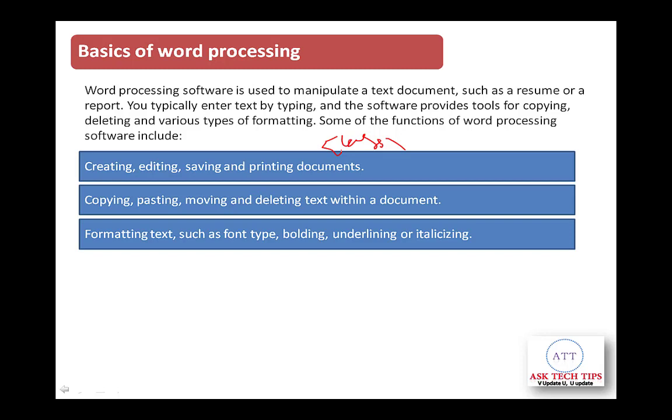Next, formatting text such as font type, bold, underline or italicize. We have a number of formatting text options, and for that we need to select the text. We have bold to increase the thickness of the text, and we can give underline, mainly for headings. Italicize, if you want to have any quoted text, we keep it in italic format. We also have the strikethrough option, coloring the text and the background, and highlighting the text. We will discuss formatting text later. And increasing and decreasing the font size.